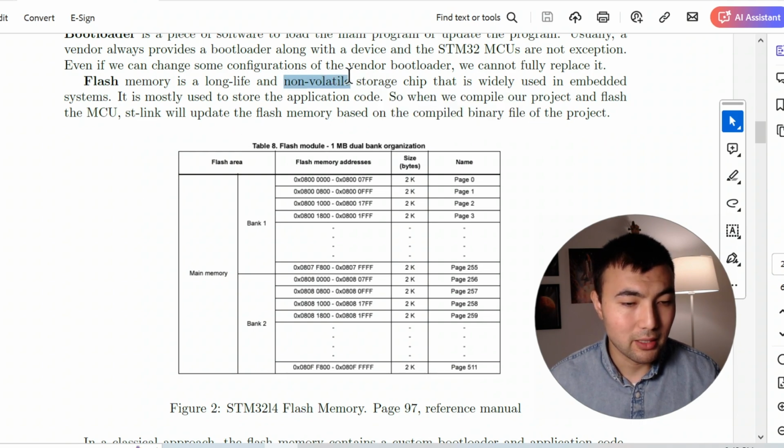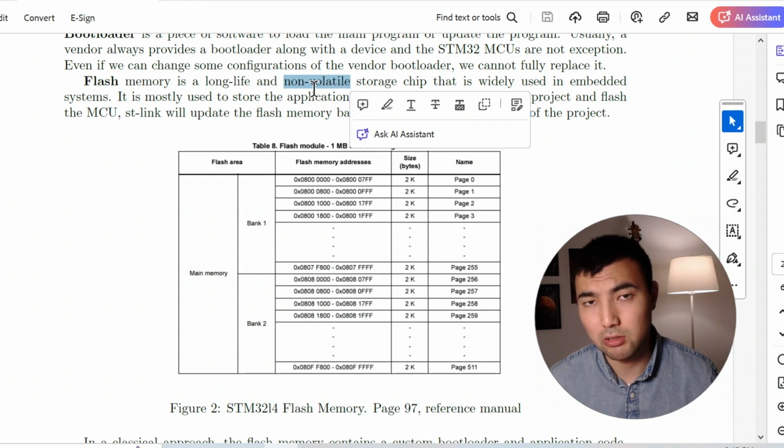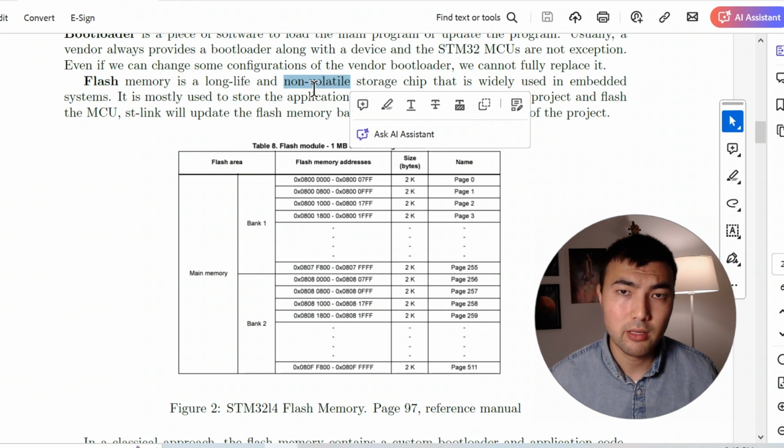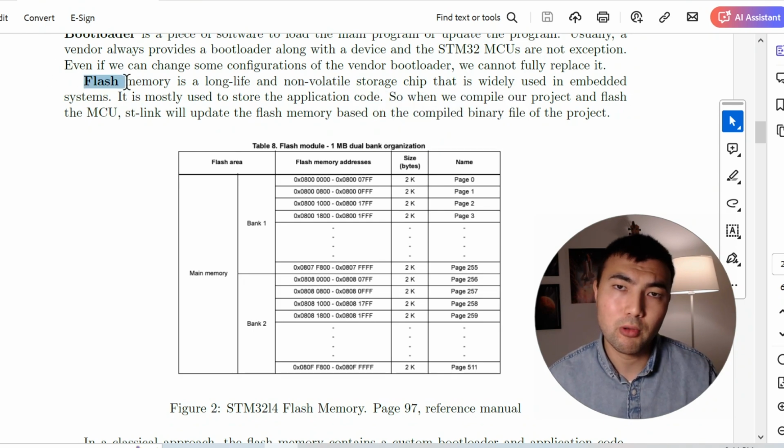Non-volatile means that even if you power off your device, your microcontroller, you will not lose the data. So you power off and you still have the data inside. But for example, if you have a volatile memory chip, for example RAM, you power off and everything is lost. So that's why we use flash memory to store the program,